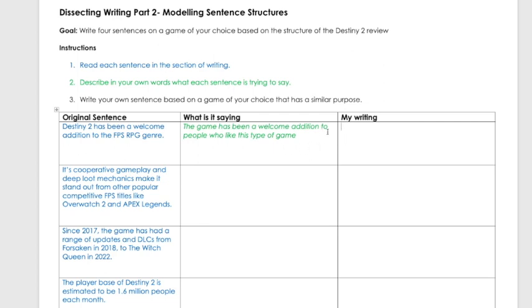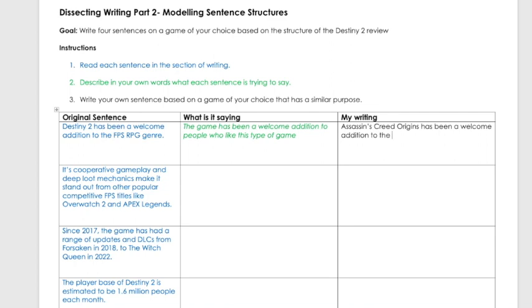So what I'm going to do on this side is now I'm going to transfer the part where I'd said Destiny 2. I changed over here to the game, and in this case I'm going to say Assassin's Creed Origins. So that's the title of my game, a different game. Well, it's a bit of an error in there. Has been a welcome addition to the Assassin's Creed Origins is not a first-person shooter game, but it is an